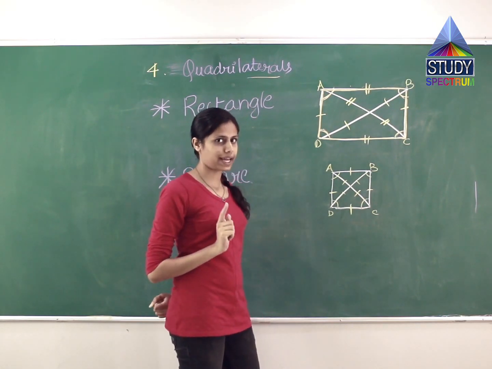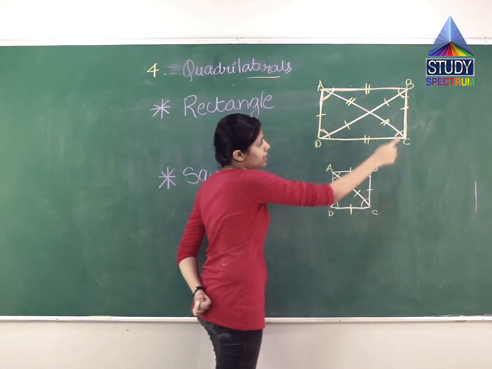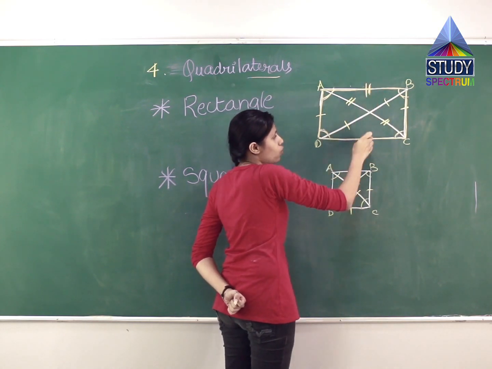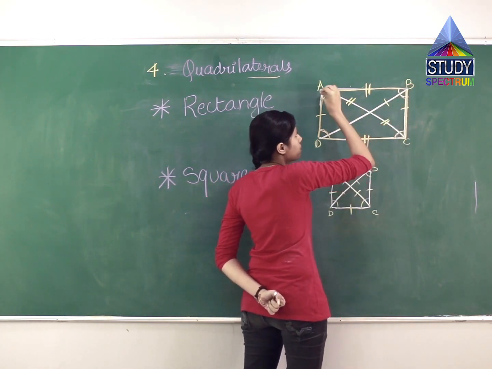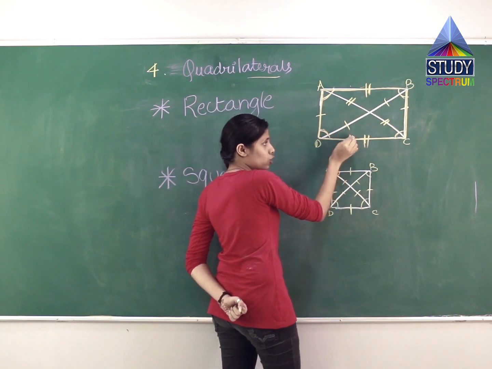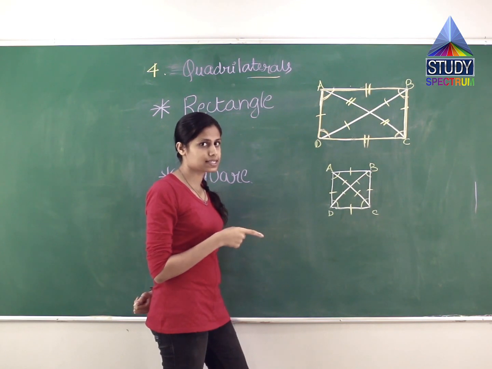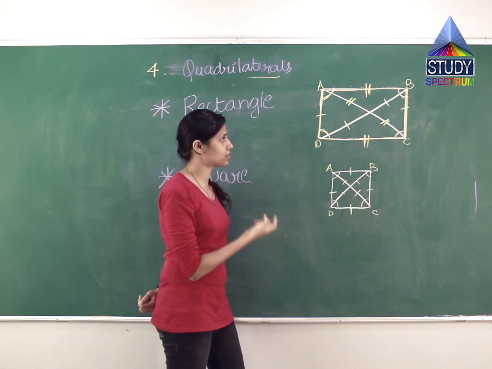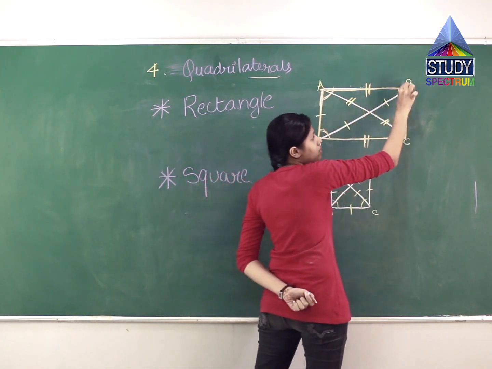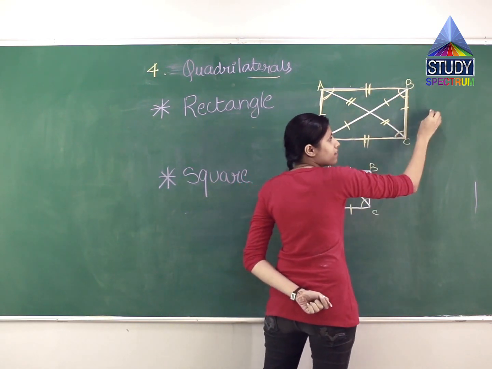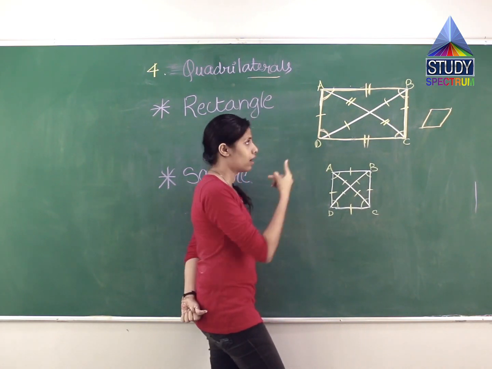Another property of a rectangle is that the lengths of the rectangle are larger than the sides. Look over here, it is represented by two units. So these lengths are longer than these sides, and they are parallel to each other like a parallelogram. A parallelogram also had lengths longer than the sides, and they were also parallel, similar to the rectangle. The only difference is that the sides, the breadths, are straight. They are straight and parallel to each other, not slanted like the previous parallelogram. Understanding the difference between parallelogram and the rectangle.